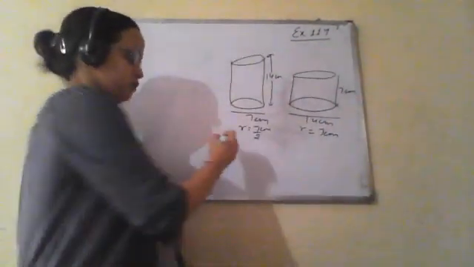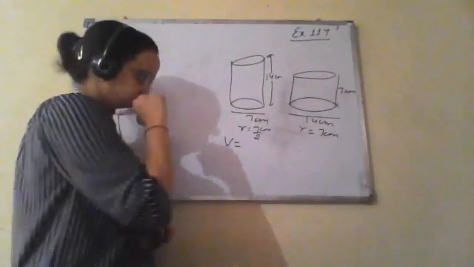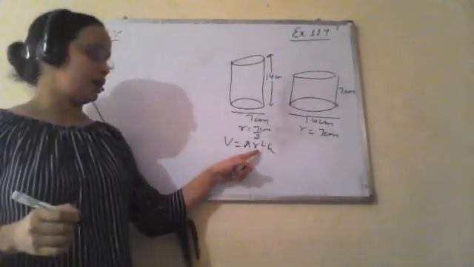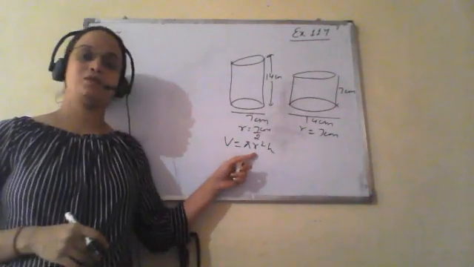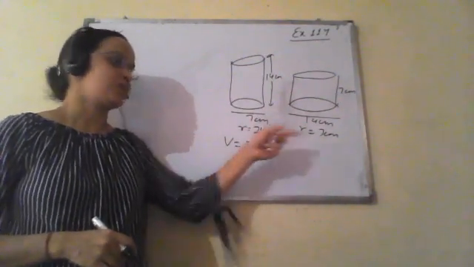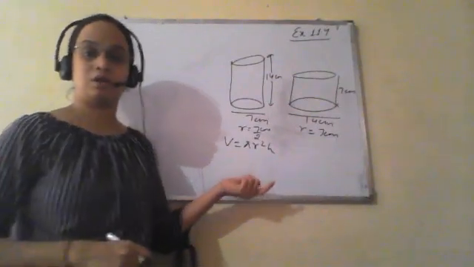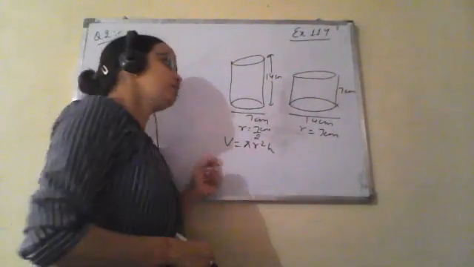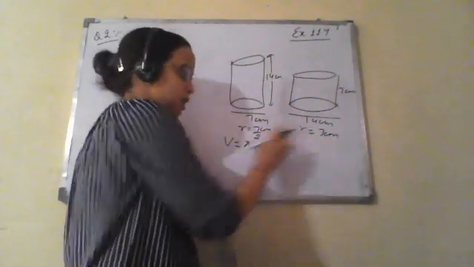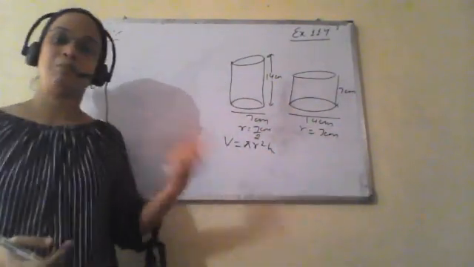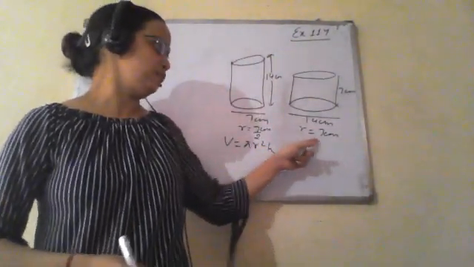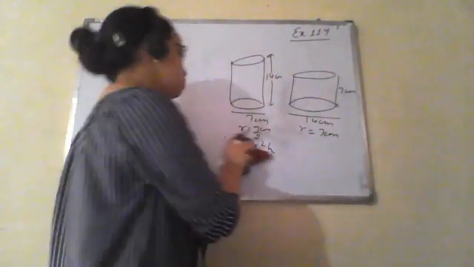So if you see the formula of volume, it is pi r square h. The volume will depend more on r because it is in square form. So we will see whose radius is more, so that particular figure will have more volume. In this case it is 3.5 and the other is just double, and when we square a term it will become 4 times. So the second figure will have more volume.